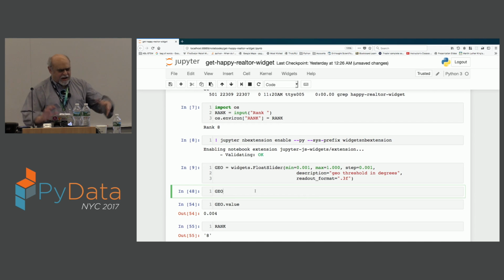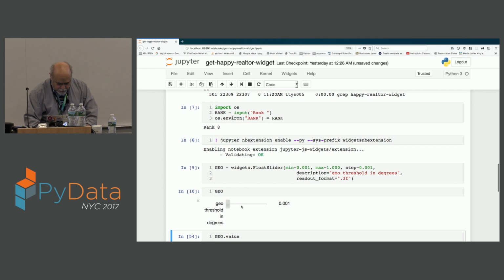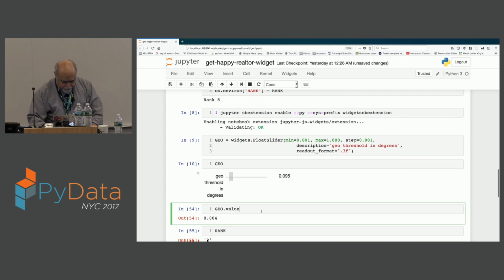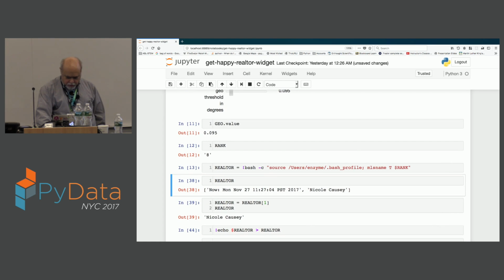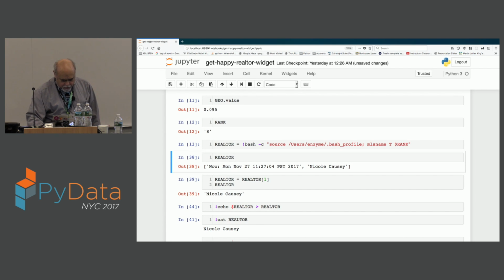And let's see, oh, I need to set how big my radius is. I'm doing this in terms of degrees because that's how my longitude and latitude is set up. Okay, so I'll just go ahead and pump in a value. I'm just going to go with that number there. And I'm going to find out who, so Nicole Kaze is a very busy realtor.